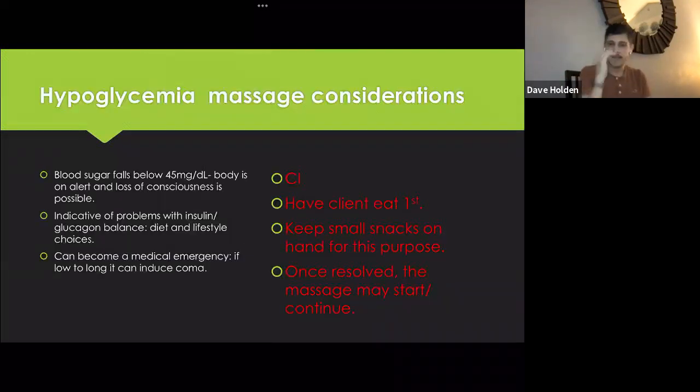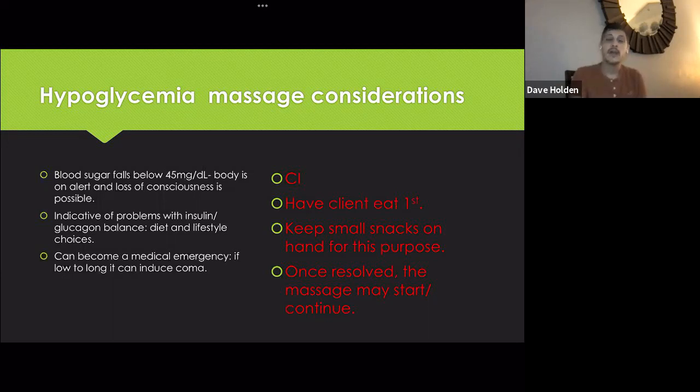So if someone has low blood sugar and they're coming in for a massage, generally speaking, if they're just hangry, just eat something. Just put something on their belly. They'll feel a little better. No big deal. But if the low blood sugar is something that's recurring for them, right? They have to carry hard candies around with them, or we know that they've been diagnosed with some other